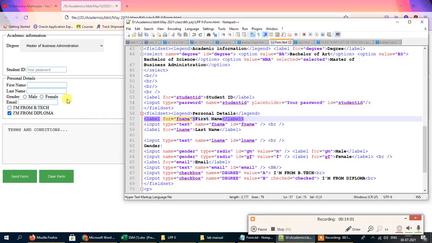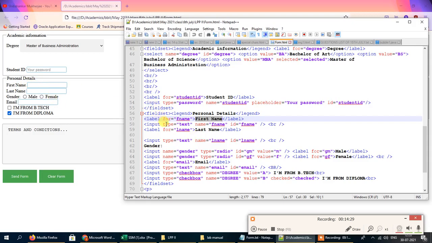Similarly, when we click on the label for the last name, the text box associated with last name is selected by default. It is for this reason that we assign a label with this text. We surround this block of text inside a label field, so that when we click on this text, the input type or the text box which is associated with this particular text gets selected by default.